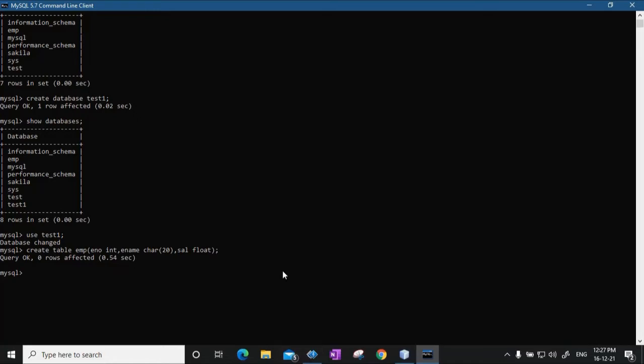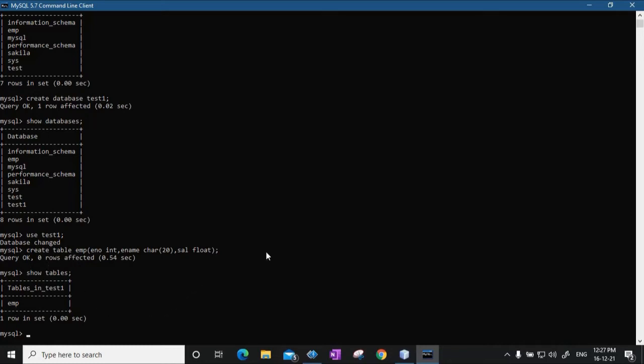Now if I say show tables, it is going to show me the different tables currently present in my database called test1. Right now we have just created the EMP table by saying create table.